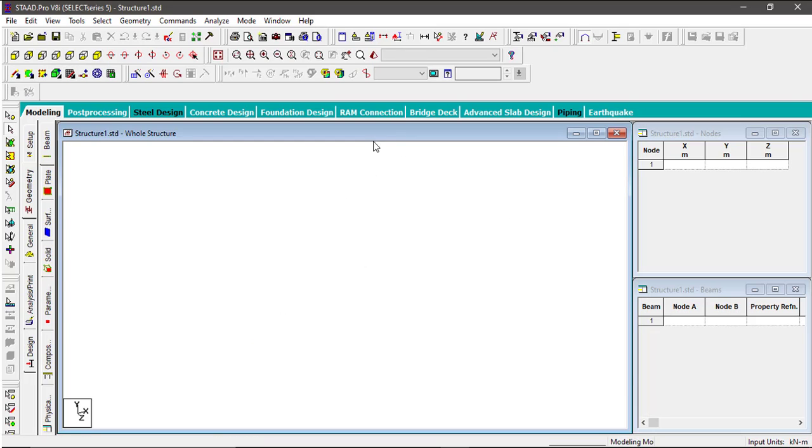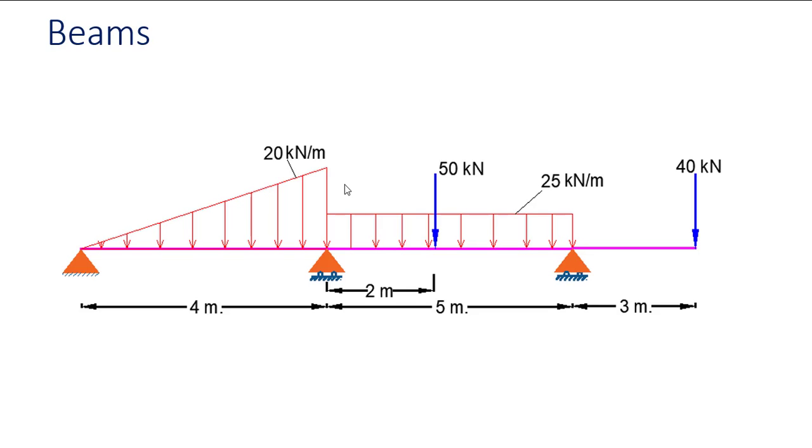Then you will get this window. With this window, we'll start the problems one by one. So I will take this beam. I have a 20 kN triangle load for a span of 4 meters. Here I have a hinge support, pinned, and it is a cantilever.